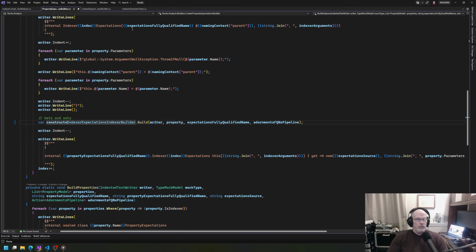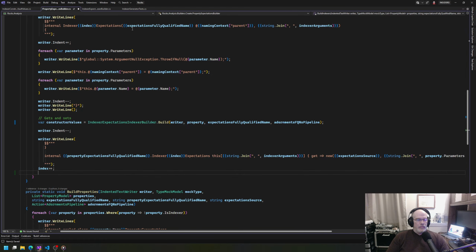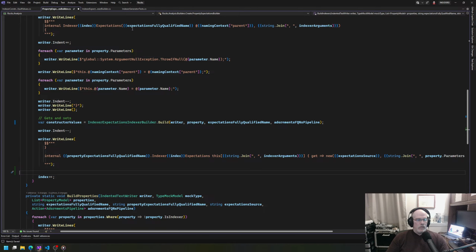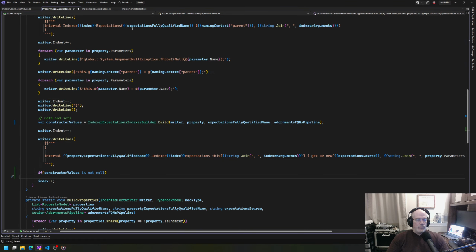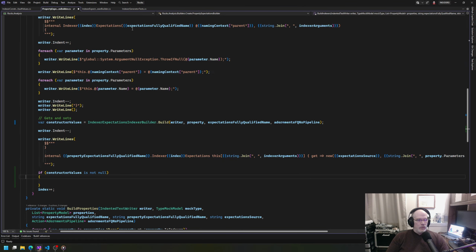Var constructor values is equal to this. If constructor values is not null, we want to write this again, except without the